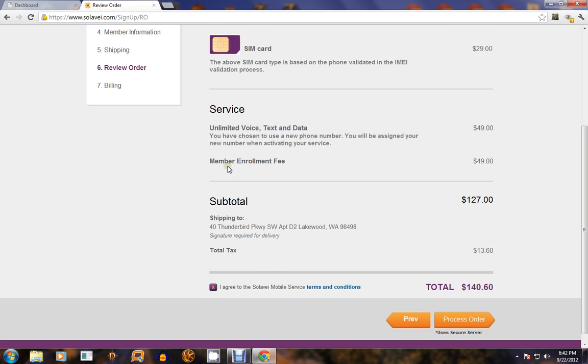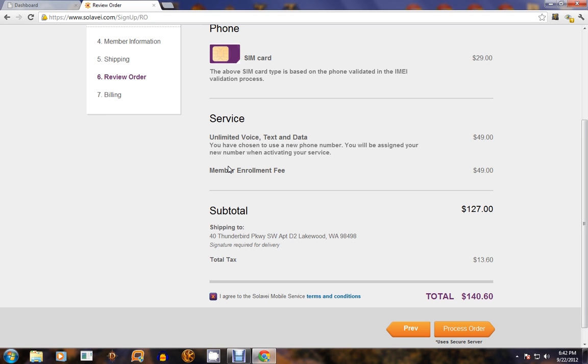So once you enroll, in a couple days you will get a package from Solavei that will contain your SIM card and some assisting documentation that goes with it, and little instructions on how to put that in. I will go ahead and do another video after this one on how to insert your SIM card, because that's obviously the next step. Once people get to the one, okay, well now I've got this, what do I do with it? So I'll do a video for that, and then in a couple days, maybe up to a week,